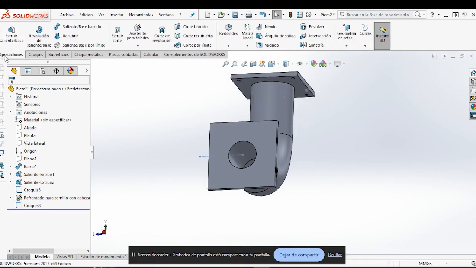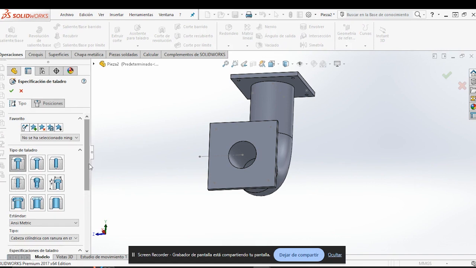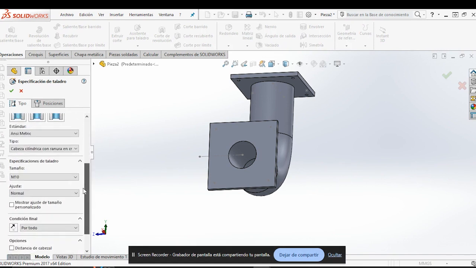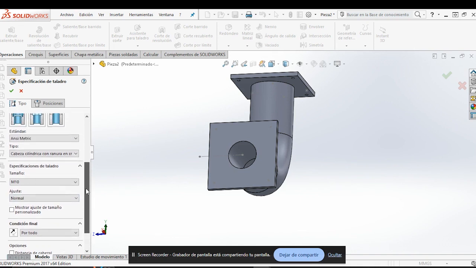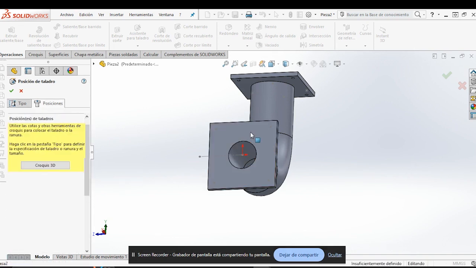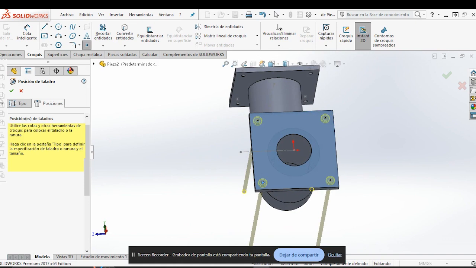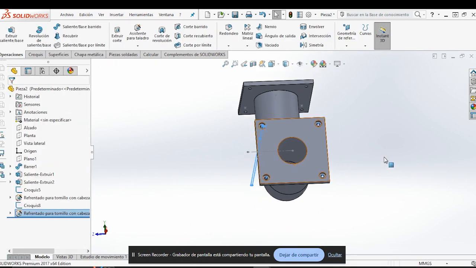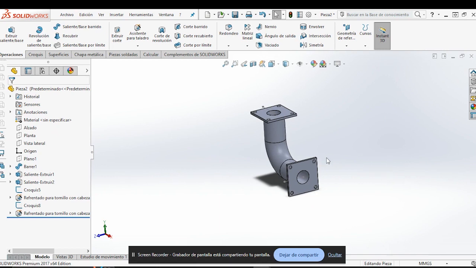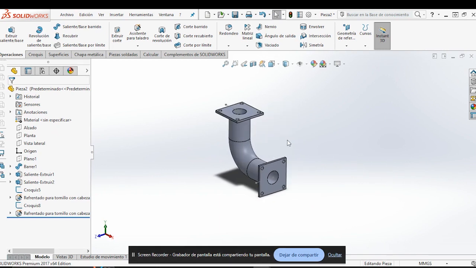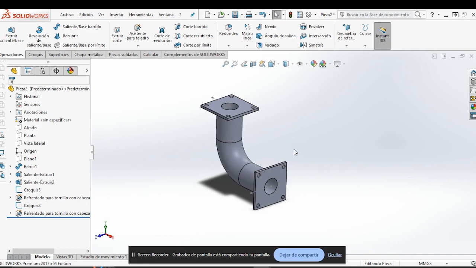and we select manager drill, and the same options, equal options, sorry, and position, select this face, we select these points, those, and we accept. This is our elbow with the flanges, and